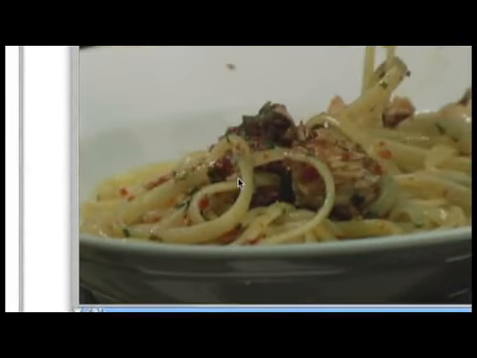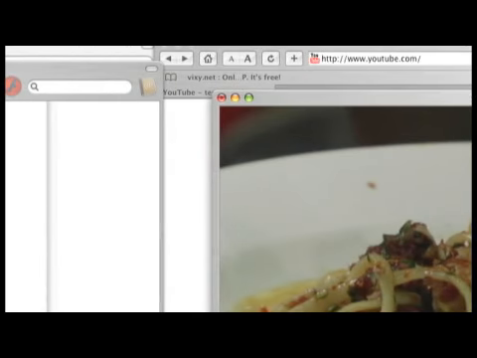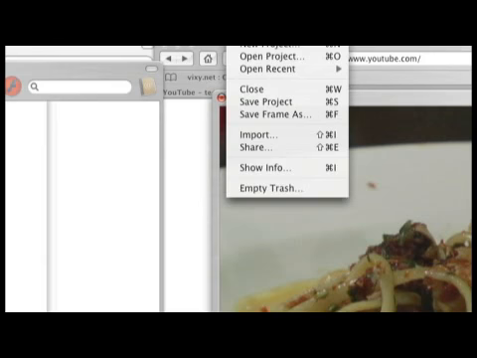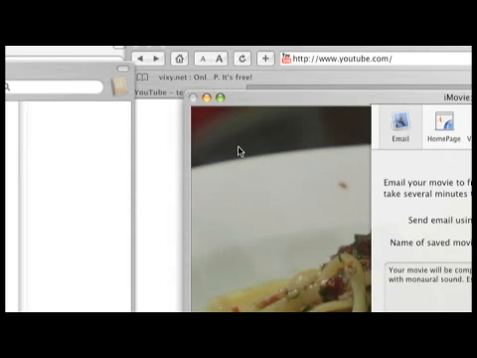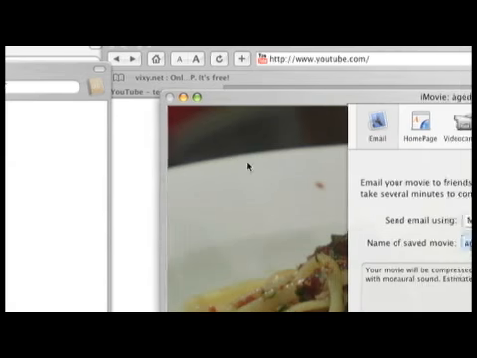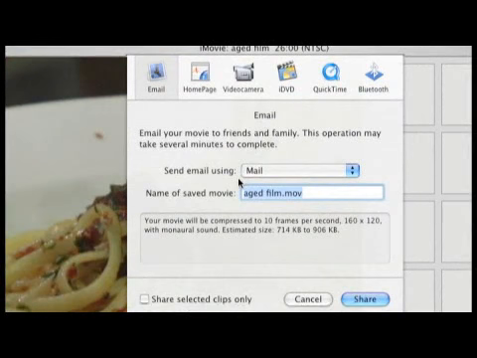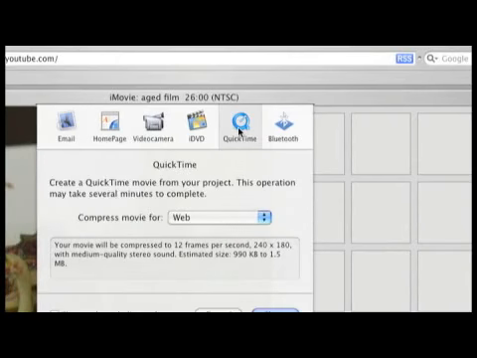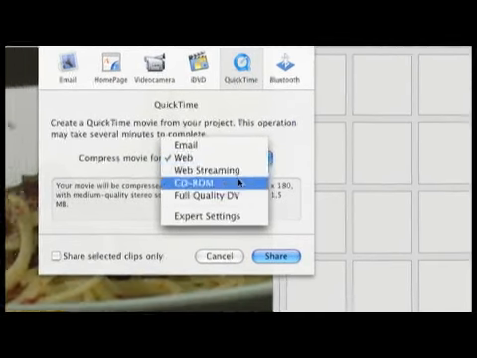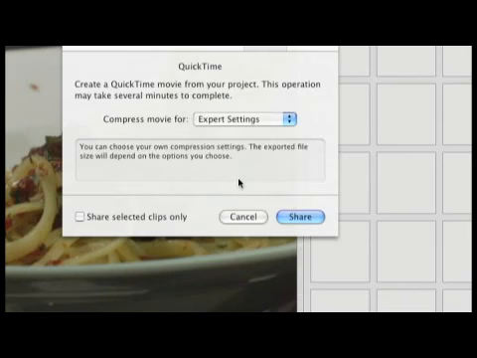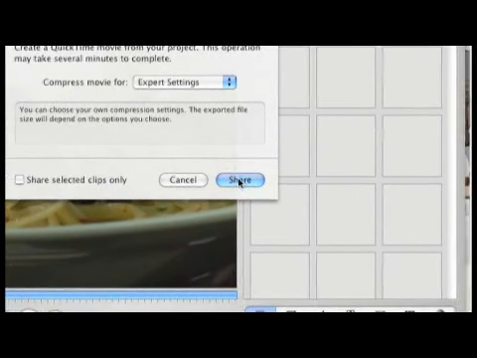The next step will be exporting it or saving my movie. So to do that, I'll just go to the main menu, File, then I'll click on Share. In many applications, it usually says Export. In this case, for iMovie, it says Share. So for this, I'll select QuickTime, and it says Compress Movie 4. I'll select Expert Settings, or usually it's called Advanced Settings in many applications like this. Then I'll click on Share,